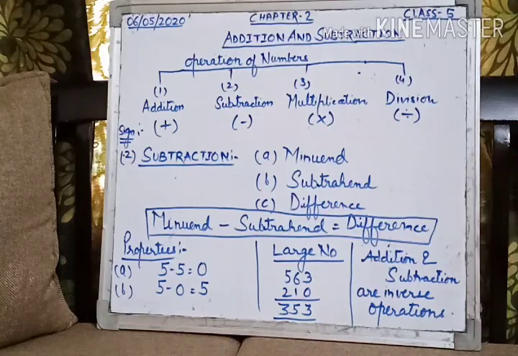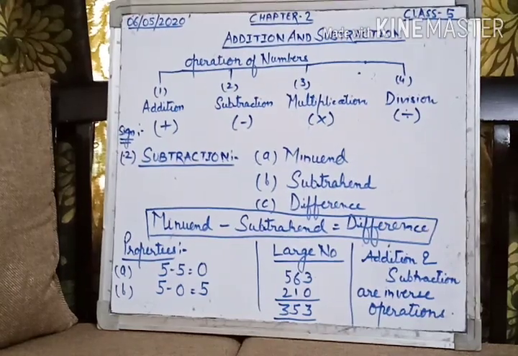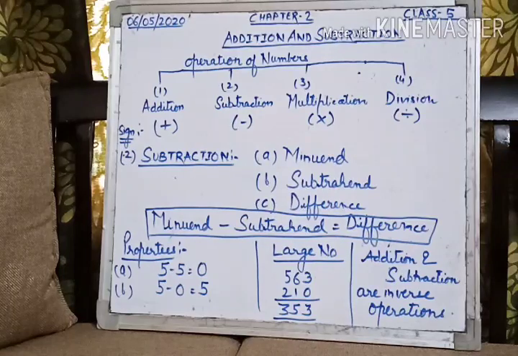Last but not the least, I am telling you one more thing, that addition and subtraction are inverse operations. That means if you want to check your addition, you can check it by using the subtraction method. You will be doing this in further exercises when I explain it. When you have to check subtraction, you can use addition. So they are inverse operations. Another inverse operation pair is multiplication and division.